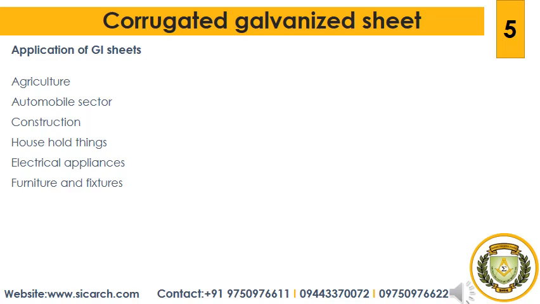In household things, it is used in trucks, ice boxes, tubs, buckets, storage bins, water tanks, washing machines, household machines, pipes, pipe fittings, and bathroom doors. In electrical appliances, it is used in air conditioners, refrigerators, freezers, electrical panels, decorative lamps. And for furniture and fixtures, it is used in decks, lockers, almirah, racks, lightweight chairs, and other general uses including ducting, drums, barrels, containers, thermal cladding, railway coaches, signboards, hoardings, and road signs.